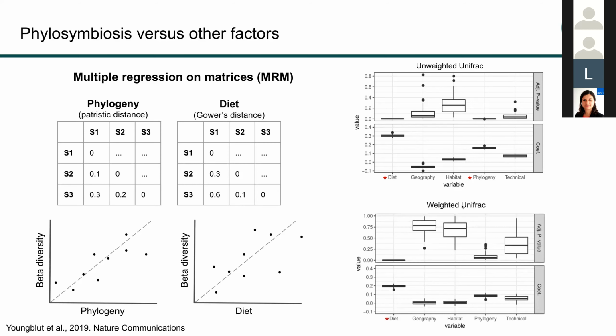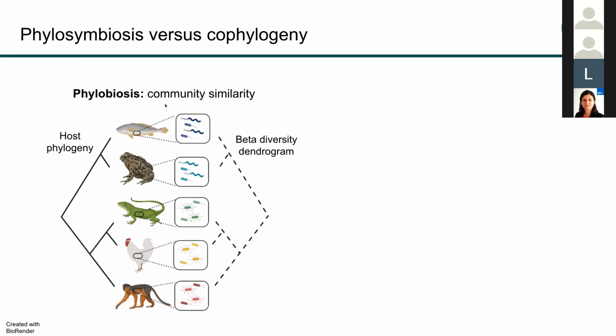What about weighted UniFrac, when microbial abundances are taken into account? In this case, diet and phylogeny were still the strongest associations, but only diet was actually significant, where phylogeny was not quite significant. So these results, plus others I won't show today, suggested that diet is actually a stronger factor for microbial community assembly in these vertebrates, but phylogeny is important too. So there was a significant signal of phylosymbiosis, as I showed, even while accounting for other factors such as geography